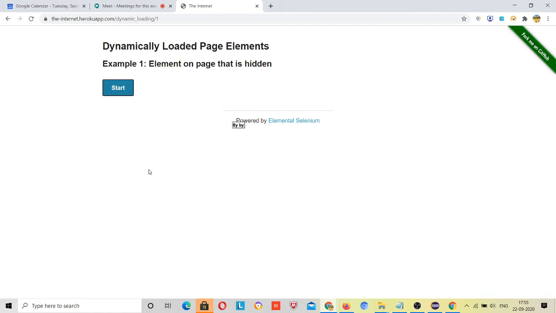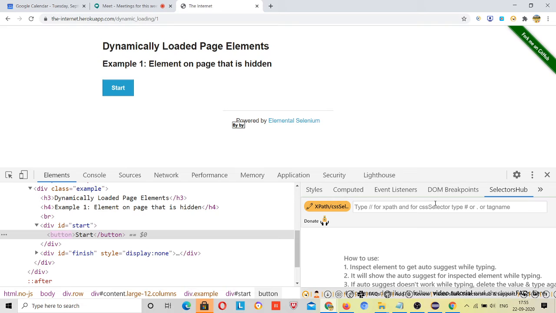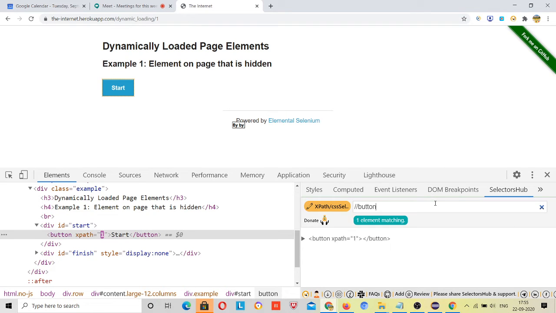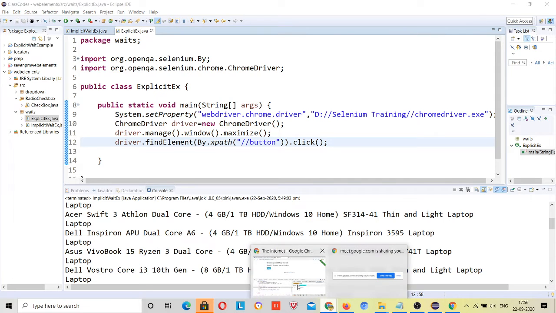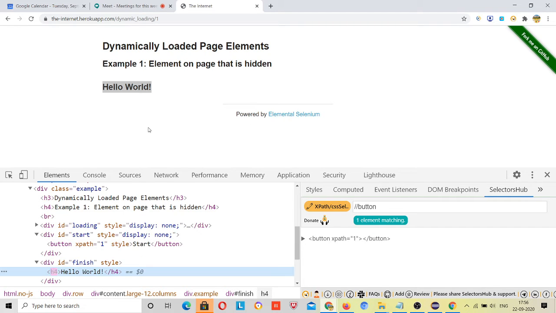Right click and locate this element. Once I click this, the text will be loaded. Try to get this text.